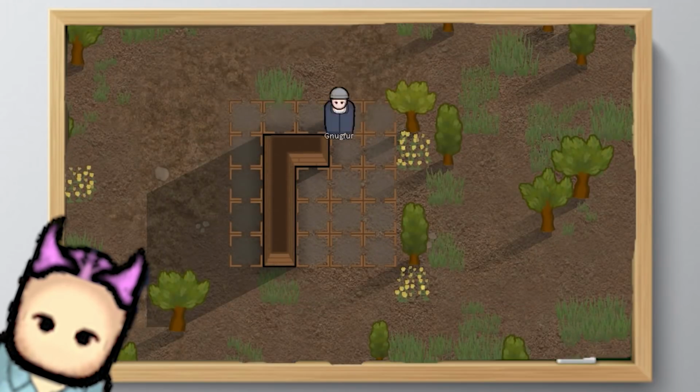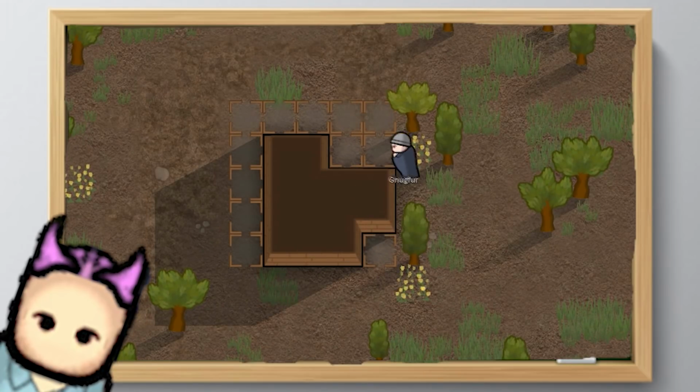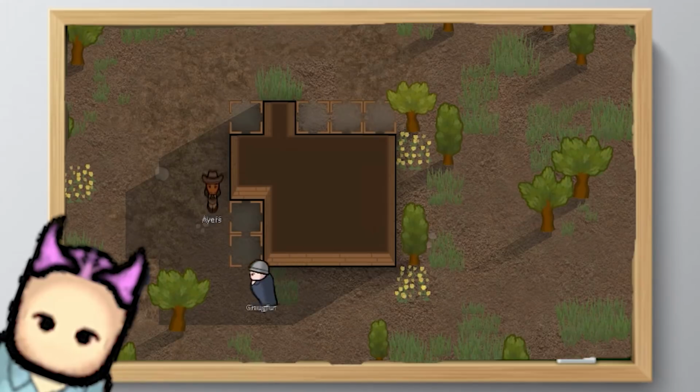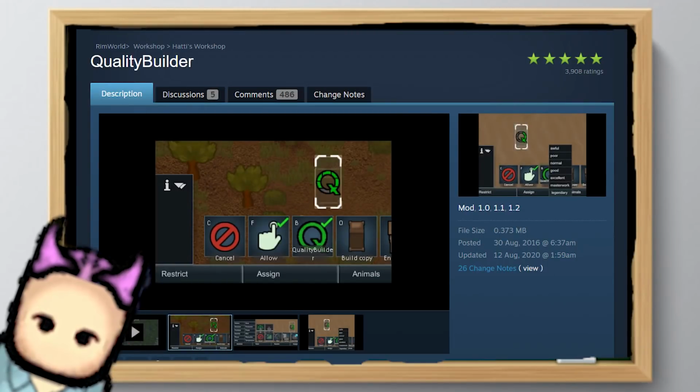This is a mod that once you have it, you will never have stupid pawns trapping themselves in walls. Straightforward mod that uses dark magics to actually make your pawns smart. Seriously, how does it work? Don't know. Speaking of building, Quality Builder is the classic mod that makes it so if your pawns can construct